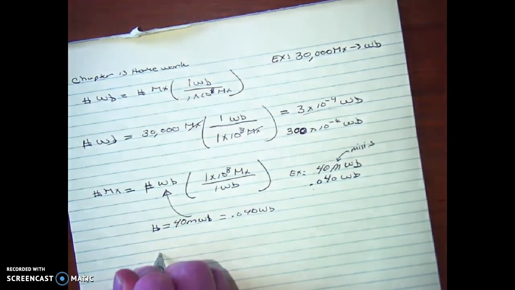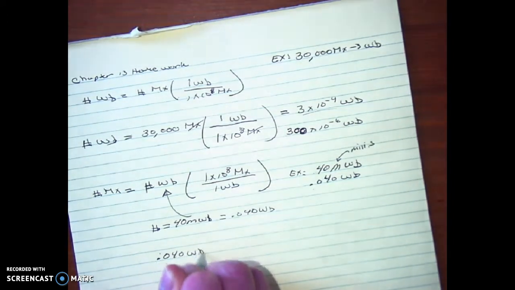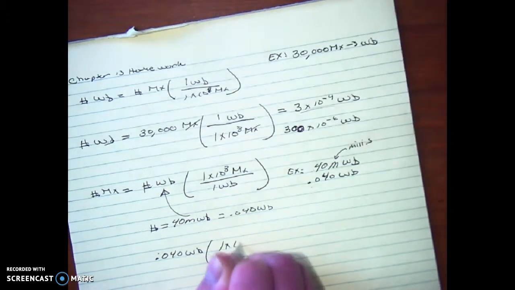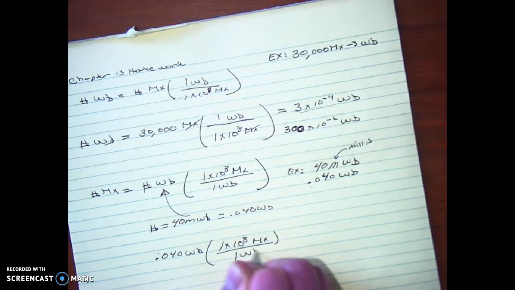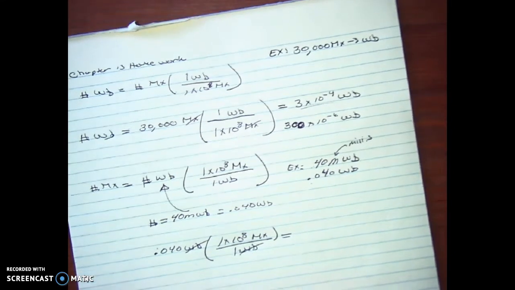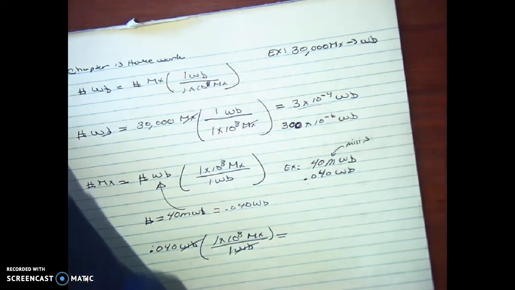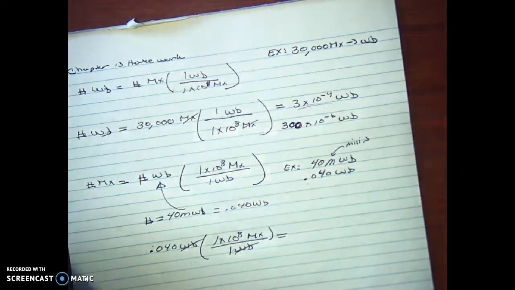So I'm just going to put out 0.040 Webers times 1 times 10 to the 8th Maxwells per 1 Weber. Webers cancel. So if I take 0.040 times parentheses 1 times 10 to the 8th